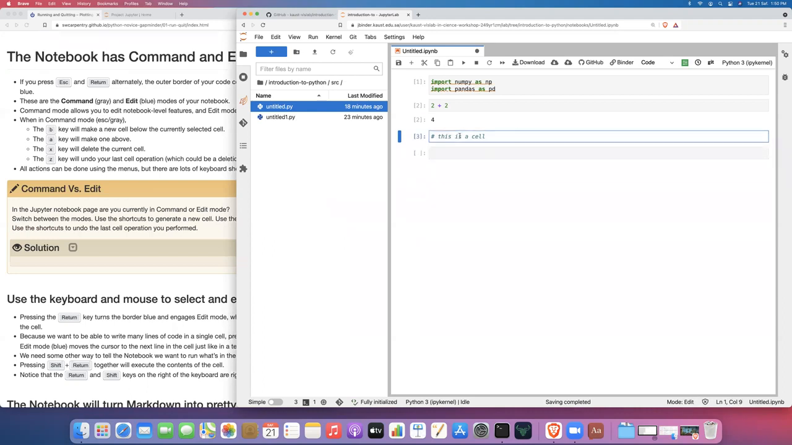Now, if I go back to the cell, I can hit Escape to go from edit mode to command mode. And then in command mode, I can use keyboard shortcuts. Like I can press the letter A, and that creates a new cell above the old cell. So now I'm in edit mode again, and this is a cell I created above